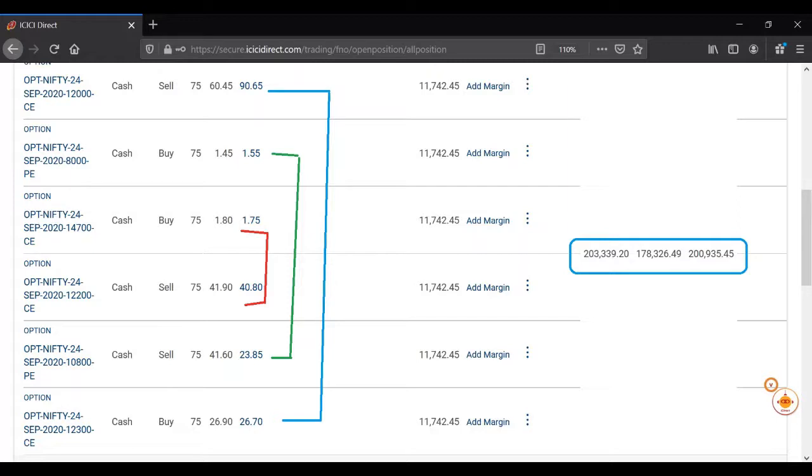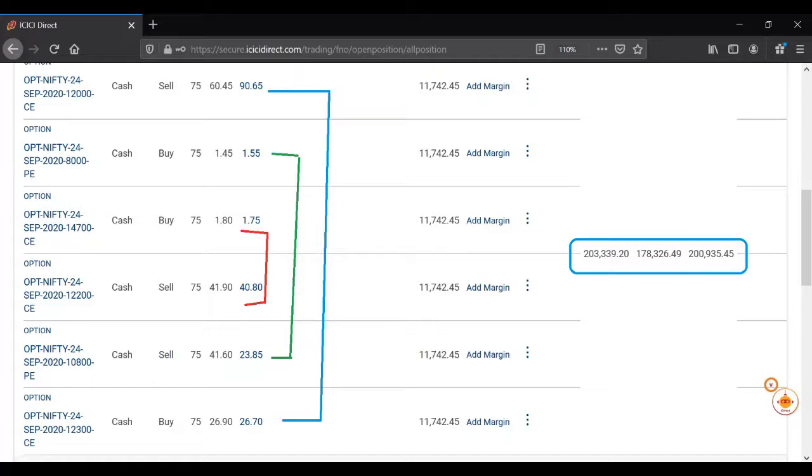All are call options only, but for each buy order there will be one sell order. In that case my margin got reduced to 2,03,000 rupees. I hope you understand clearly how the margin gets reduced when you have one buy order against one sell order.